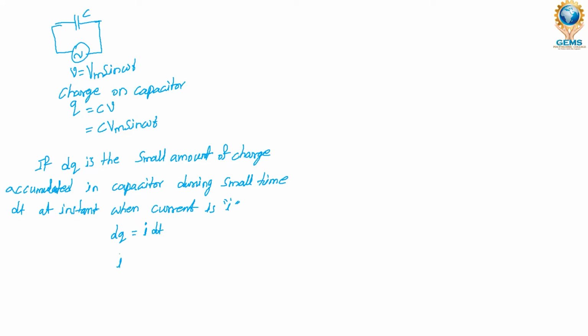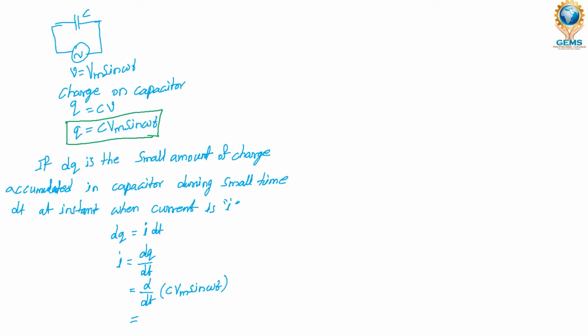Now I equals to dq by dt. What is the q value? Here we have q value. Okay, I am taking this q value. I equals to d by dt of C into Vm sin omega t. If you differentiate, we will get